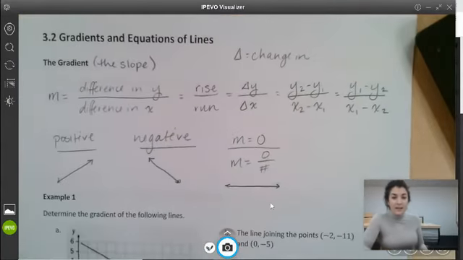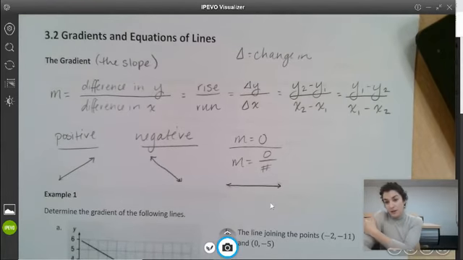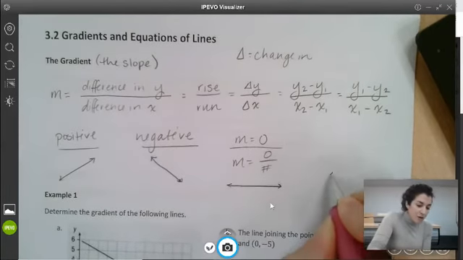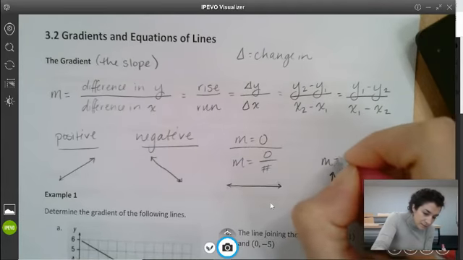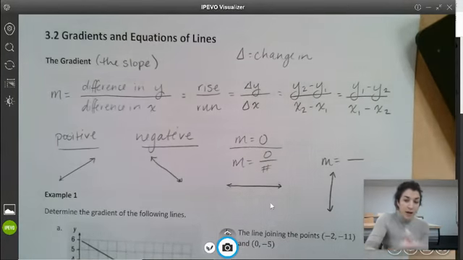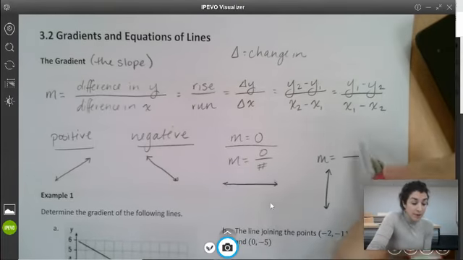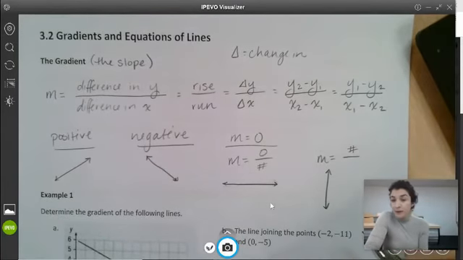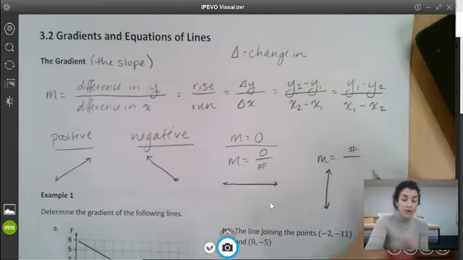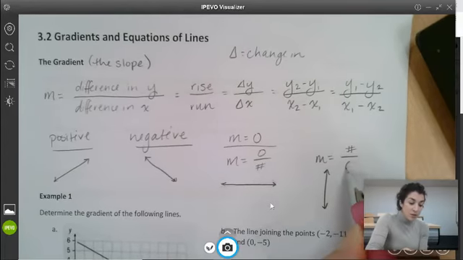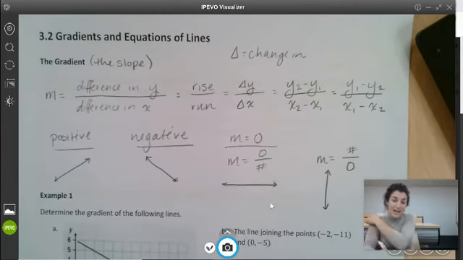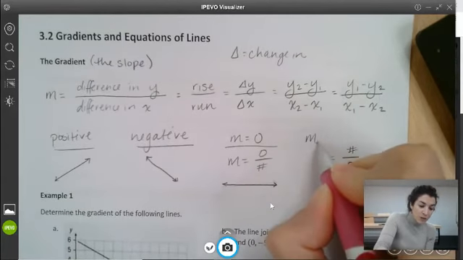Maybe a little bit better. So it's just a horizontal line. So then if we wanted to talk about a vertical line, your run would be numbers. It could be a variety of different numbers, but realize that you don't run at all. On these points, you're not moving from left or right, you're only jumping, which means that your run is 0. And we cannot divide by 0. So then that means that your slope is